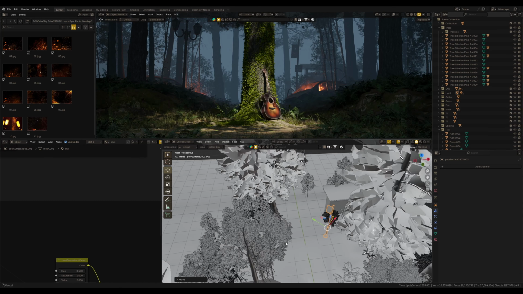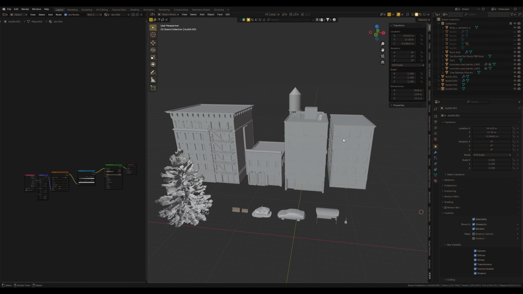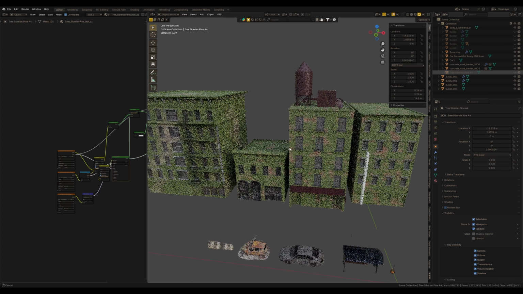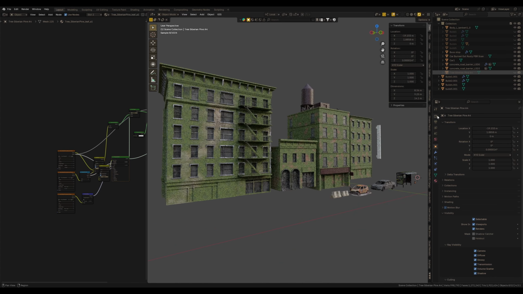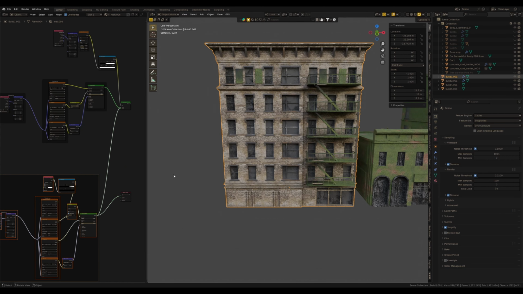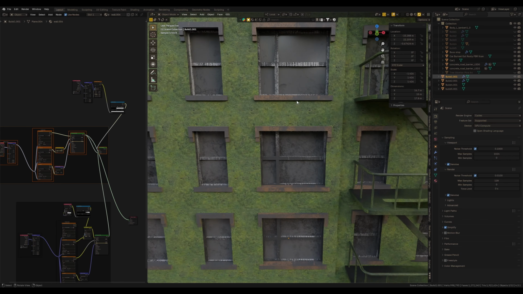Alright, let's move to the background of this composition. I have some building models in my collection that I already adjusted to fit this current story, making them look like they're covered in moss or something similar. Originally this had a simple brick texture and this basic grass texture.